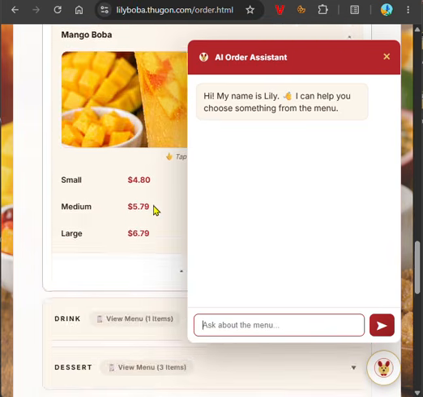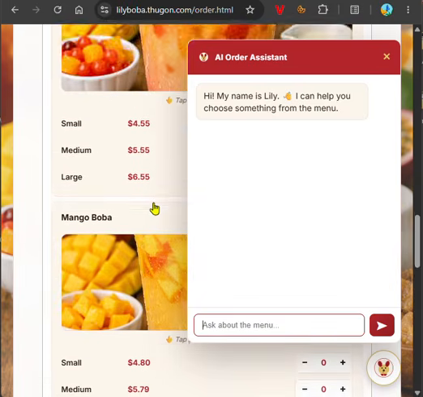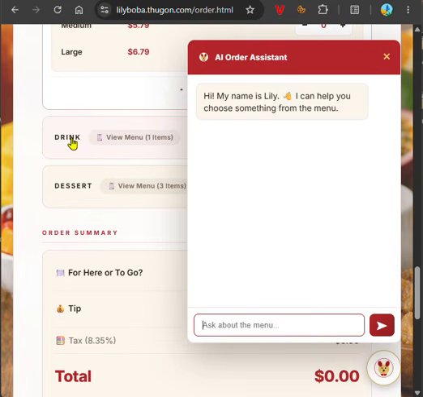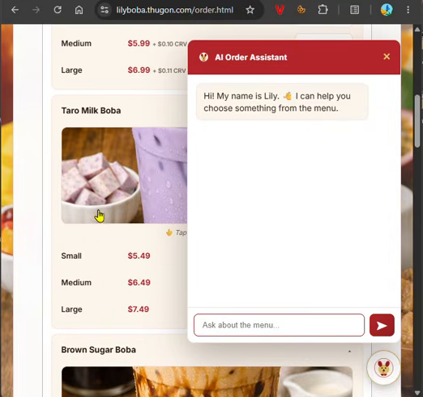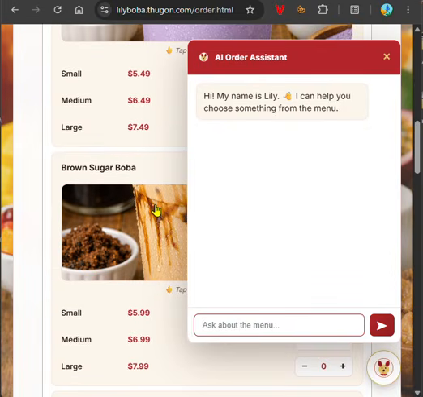I don't have a large menu here. This is just a demo here. I have some boba drinks, I have some regular drinks, and then I have some desserts here. Okay, so if you have a very large menu list, having an AI order assistant is very, very helpful. One of the main reasons is that your customer, instead of actually calling you and or your staff and asking you about certain product, they can ask the AI, and the AI can give them descriptions,